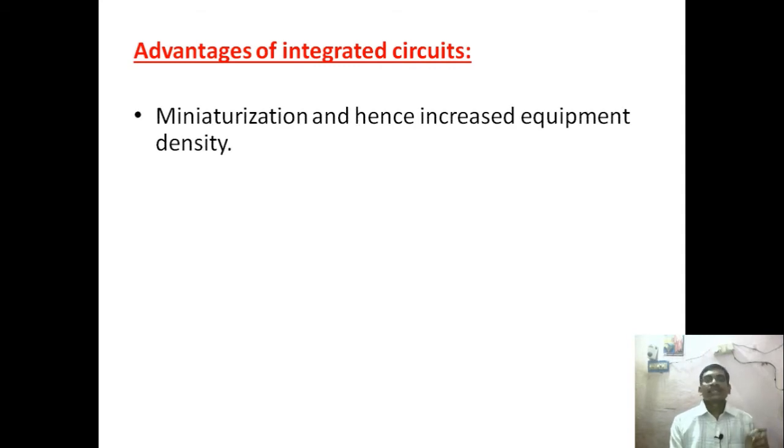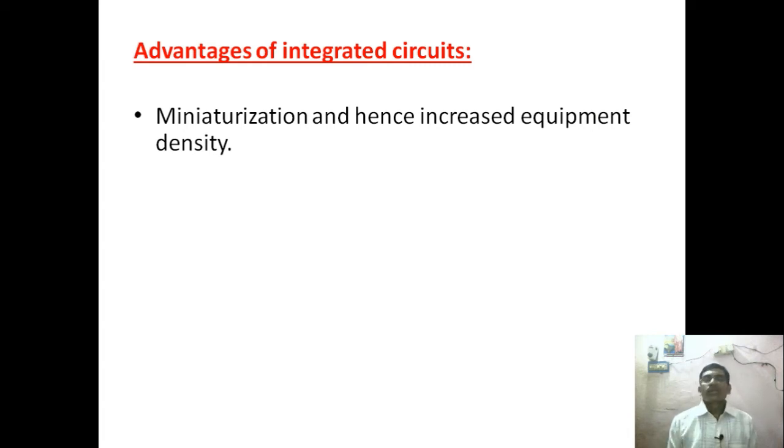The miniaturization and hence increased equipment density. Miniaturization means smallness in size. Actually, in olden days the computer sizes and the laptop sizes and phone sizes were very big and huge, right? So nowadays we are getting very thin laptops and very thin mobile phones.